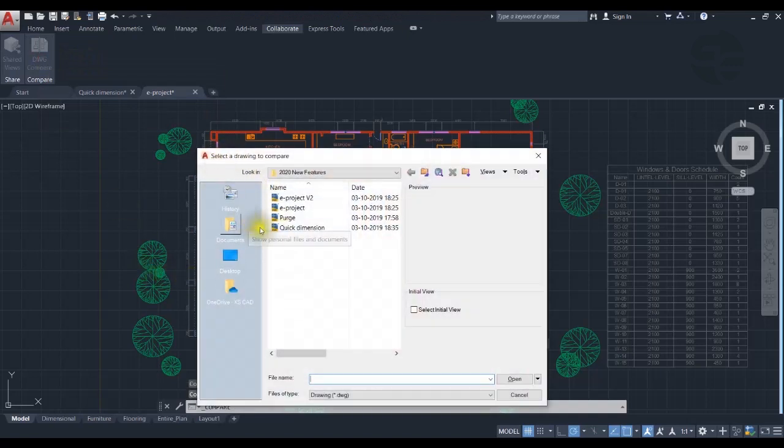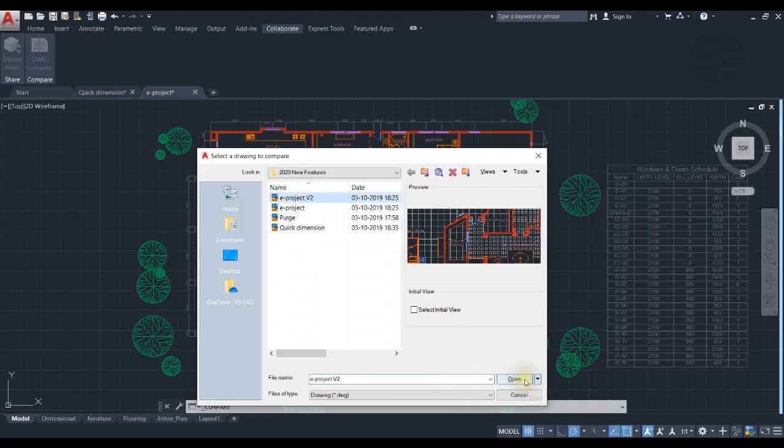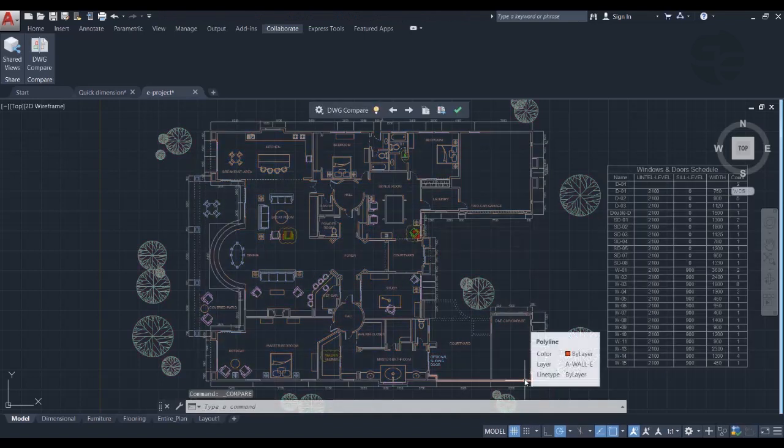and the first change is, if you have worked on 2019 and used the DWG Compare, you will find that the comparison is created in a new window or in a new tab. So that's the first change in 2020. There is no creation or opening of a new separate tab. All the drawings are compared over here itself in the current window, and if you want to have a look at the objects from the current drawing and from the other drawing, then you can click on the settings icon